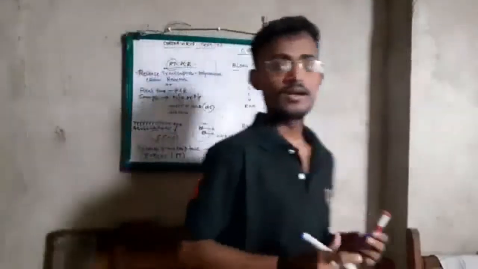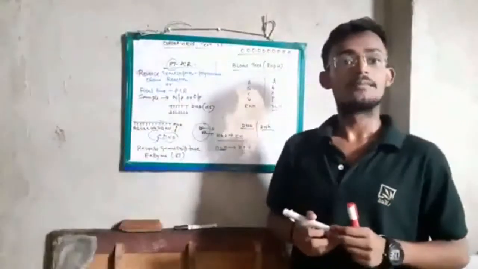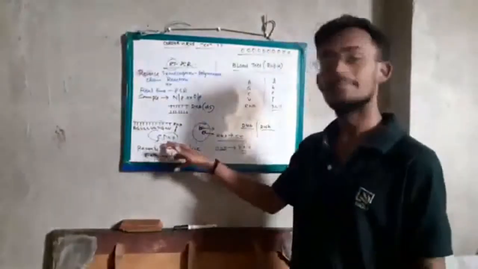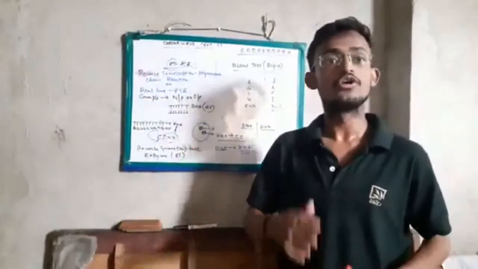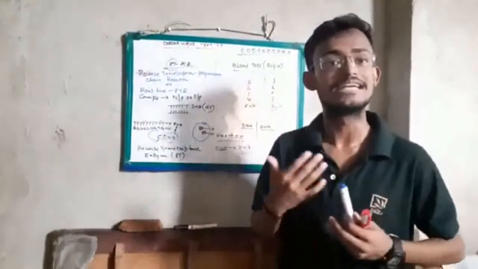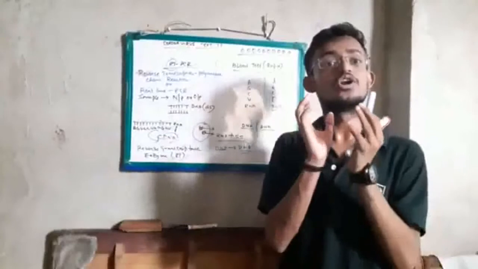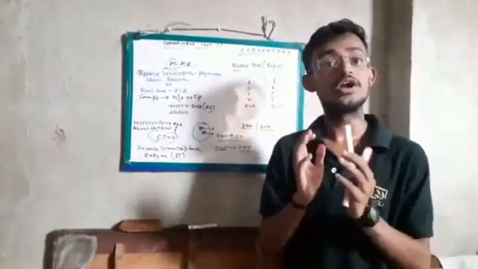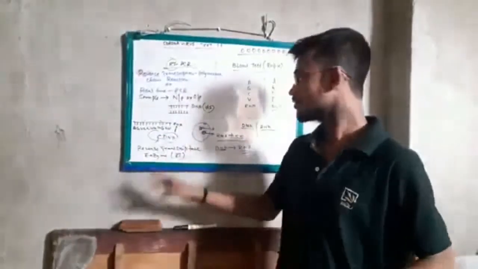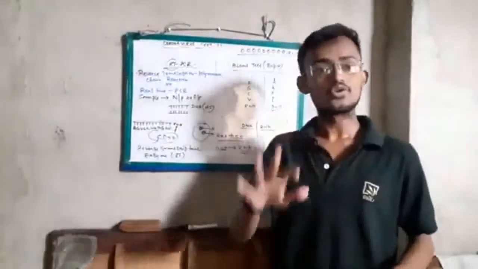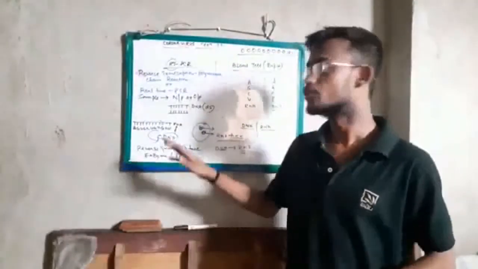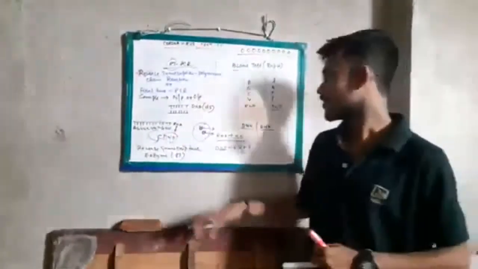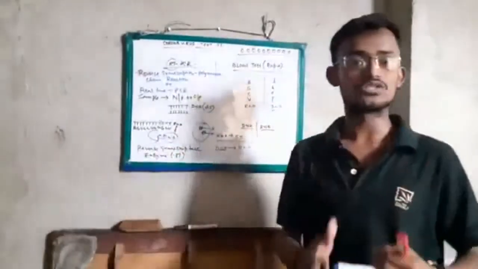cDNA, complementary DNA. Now, after making this complementary DNA, what do you need to do? We need to amplify the DNA using a small trace of nucleotide called a primer. I am not going to detail it because this video is for the general audience, so I am giving you some basic idea.